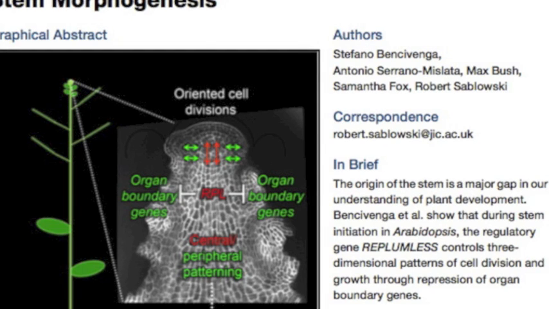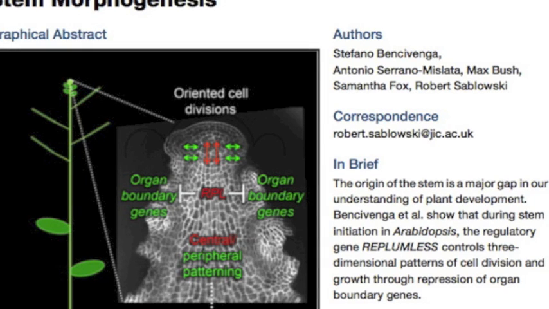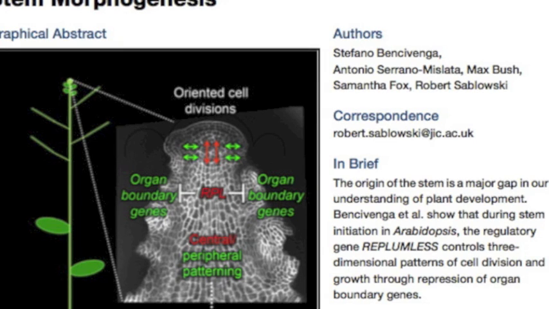That functions downstream of the classic CUC genes, and it turned out to be expressed in the right region. It was around the rib meristem. When we looked at the mutant, the expression of LSH4 invaded the rib meristem, which was suggestive. And finally, we did a key experiment, which was we mutated LSH4 away in a Repression mutant, and that corrected